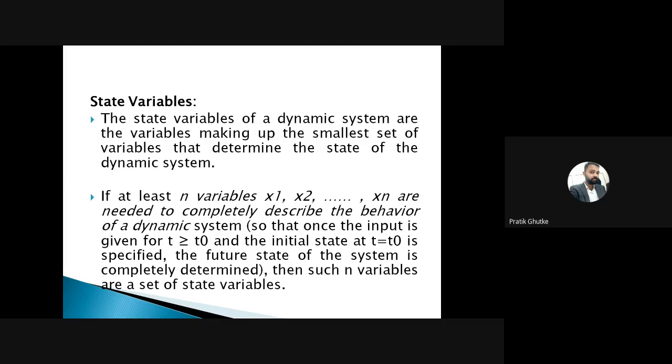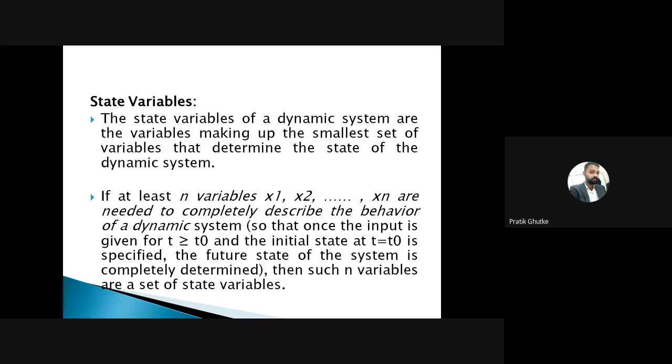What is a state variable? State variables of a dynamic system are the variables making up the smallest set of variables which determines the state of the dynamic system. It is known as the state variables. Yes? Have you got the definition of